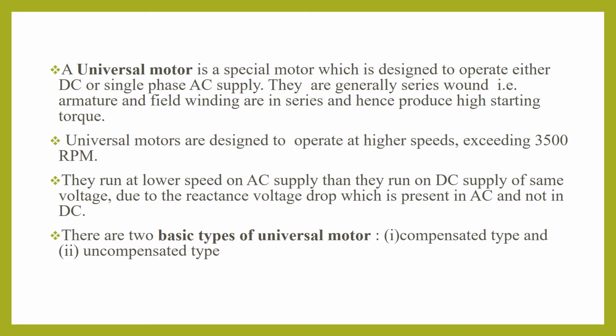When it comes to AC, they call the stationary component the stator and the rotating component the rotor. Normally, whether it is a DC machine or an AC machine, we have a moving part and a fixed part. Coming to our topic, a universal motor is a special motor that can be operated on DC as well as AC.